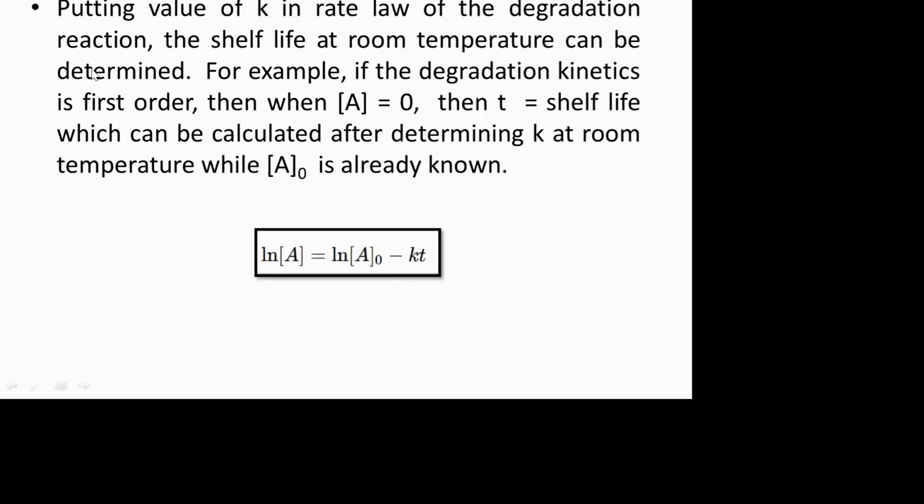अब 25 डिग्री सेल्सियसमा के भ्यालु पत्ता लगाएपछि अब हाम्रो के छ, त्यो के को भ्यालुलाई हामीले यहाँ राख्नु पर्यो. अब हाम्रो यो फर्स्ट रिएक्सन हो भने, अहिले हामीले भनिसक्यौं हैन, एज अ एक्जाम्पल, अब फर्स्ट अर्डर रिएक्सनमा चाहिँ के को भ्यालु पनि थाहा छ हामीलाई हैन. K25 को भ्यालु थाहा छ, K25 को भ्यालु थाहा भएपछि अब हामीले t निकाल्नु पर्यो. t भनेको सेल्फ लाइफ, A0 भनेको इनिशियल कन्सन्ट्रेसन, A भनेको फाइनल कन्सन्ट्रेसन चाहिँ 0 भनेपछि अब सेल्फ लाइफ चाहिँ A0 पनि थाहा छ, A चाहिँ 0, अब रेट कन्स्टेन्ट पनि थाहा छ, t निकाल्नु पर्यो भनेपछि अब t 25 डिग्री सेल्सियसमा कति हुन्छ त सेल्फ लाइफ भन्ने कुरा चाहिँ यसबाट निकाल्न सकिन्छ. अल्टिमेटली t 0 डिग्री सेल्सियसमा 0 डिग्री